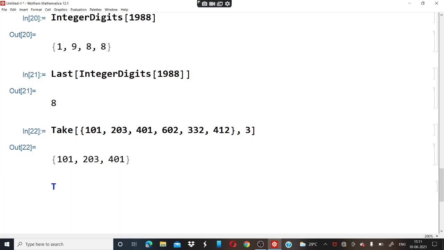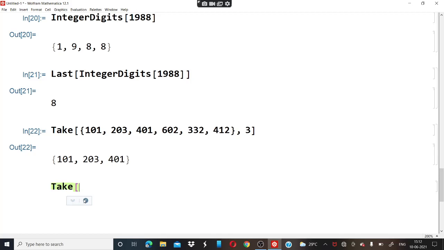We want the starting 10 elements from 2 raised to power 100. For that we will first write Take, because we want to take the starting 10 elements, and we don't know all the integers of 2 raised to power 100, and calculating it by hand will take a long time.